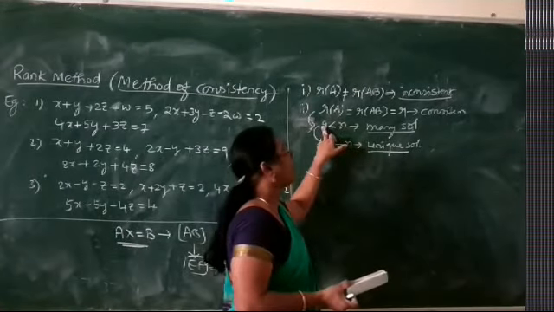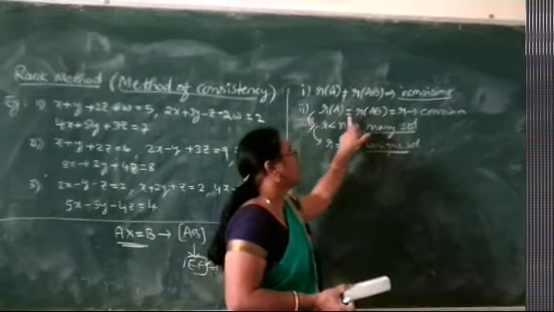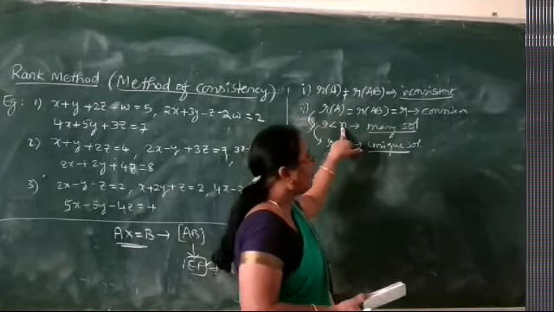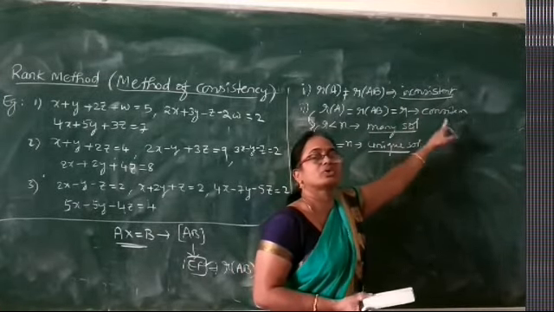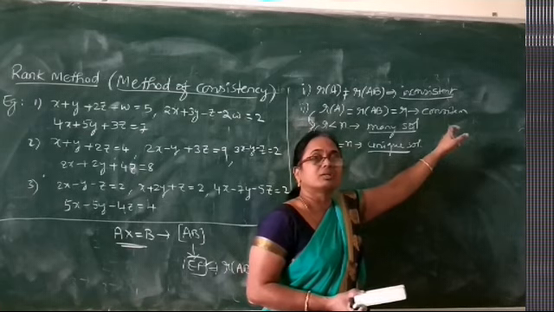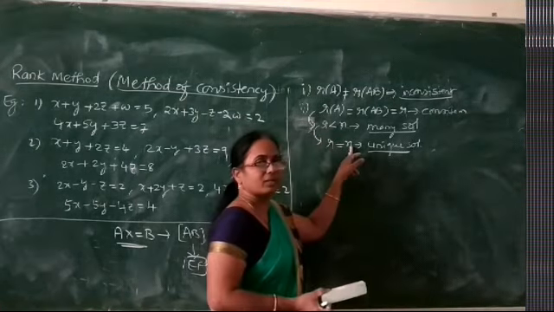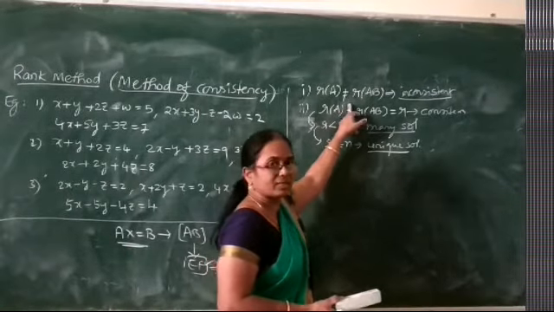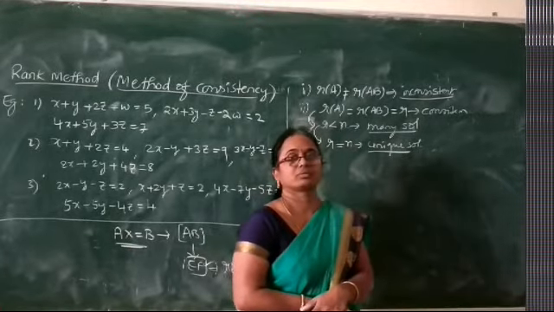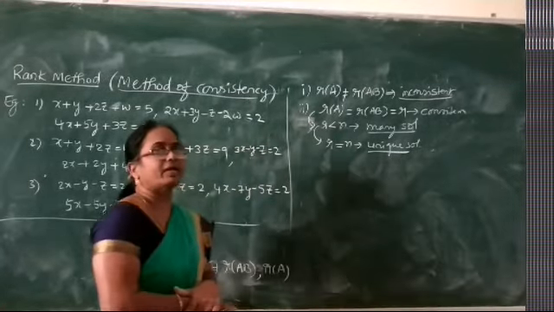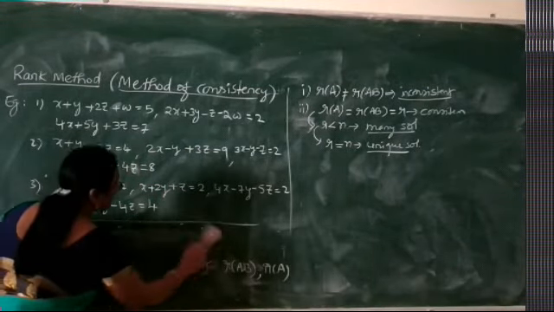Whenever the rank of the two matrices, coefficient and augmented matrices, is less than the number of unknowns, we mean that the consistent system has many solutions, and the solutions depend on n minus r variables, unknowns. When r equals n, for the same case of consistency, we say that the system will have a unique solution, right? This is the rule for finding the solution of the non-homogeneous system in the rank method.